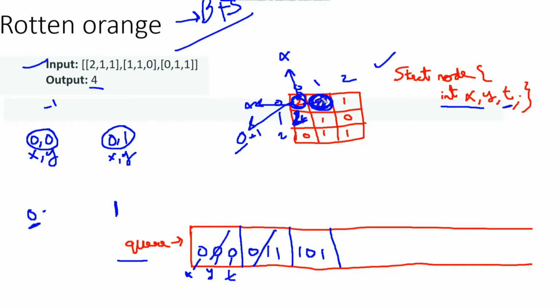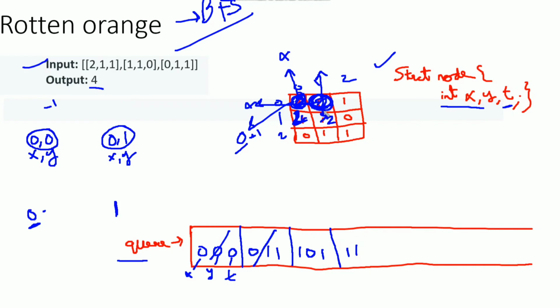We cannot move in the upward direction because it crosses the limit of the matrix. We can't move in the left direction because this cell is already visited. So we have to create a visited array which will keep track. We can move in the downward direction, so convert the value from 1 to 2 and enqueue the location 1 comma 1, that is the x comma y value.